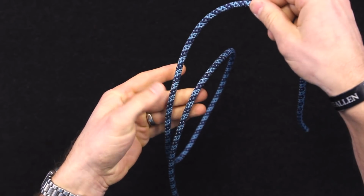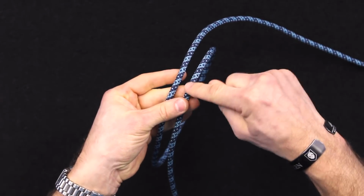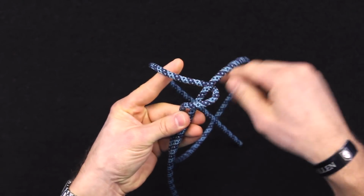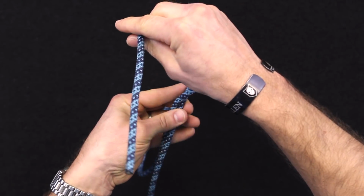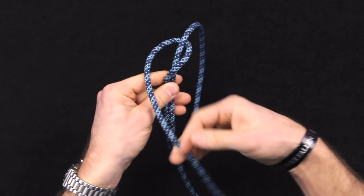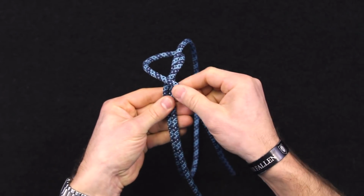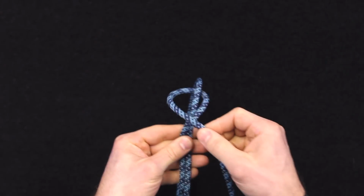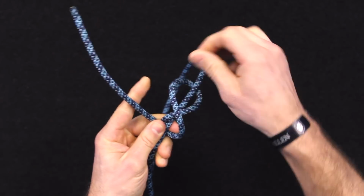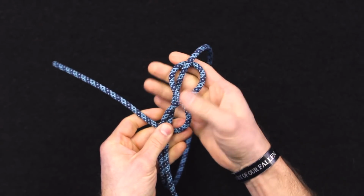So you're going to go around, this is your standing part, this is your working end. You're going to go around the standing part with your working end. And you want to keep these kind of locked together. You can see my fingers kind of stay here as I do this. And I'm going to come around and cross back over here. And now I'm going to come around one more time, like so, and it creates this kind of figure eight